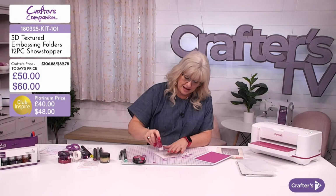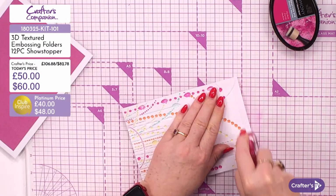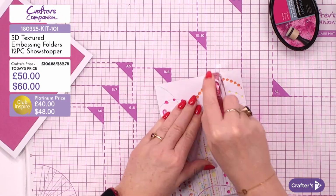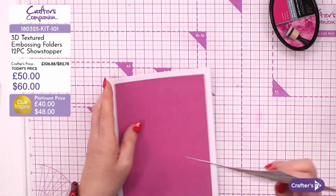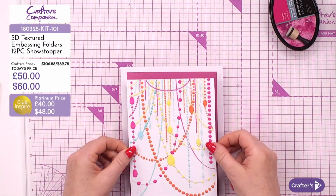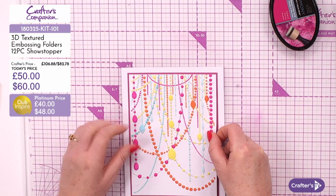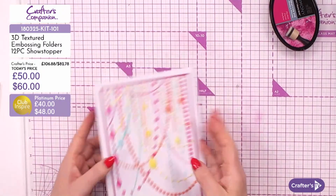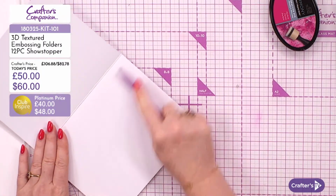Right, so hopefully that helps. I'm just going to take my tape all the way round onto our embossed detail, like so. We're going to pop that, just make sure I've got that opening the right way. So we're keeping this nice and simple, just that little edge to give me a frame all the way round. And then I always just like to turn over and burnish that down, just to make sure that is well